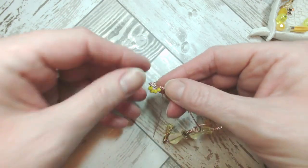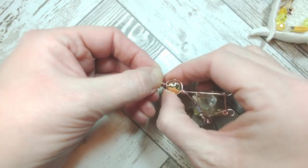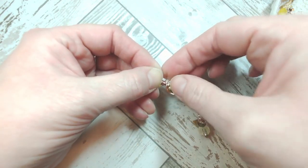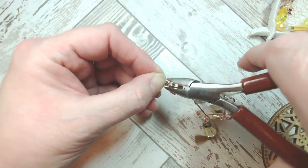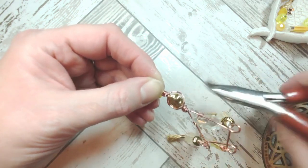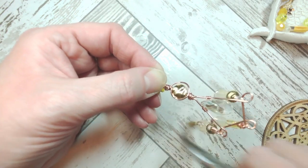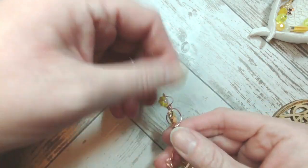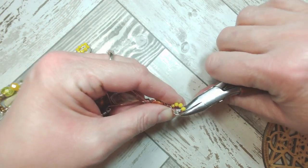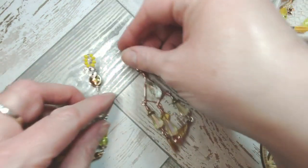And then what I'm going to do is pinch the whole thing into position before bringing that tail around and circling around that central core, as we did a moment ago with the other end of the wire. And with that, I think it's about 4 inches maybe of that 22 gauge, which is equivalent to 0.6. I'm just going to smooth that into position and snuggle it down inside the grooves made by the heavier wire. So although I didn't have enough beads to complete this design, when you add the beads onto the wire, it makes that arc much more smoothly. So if I just put these two side by side,